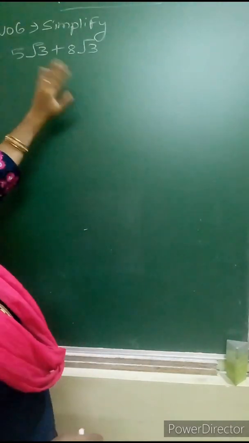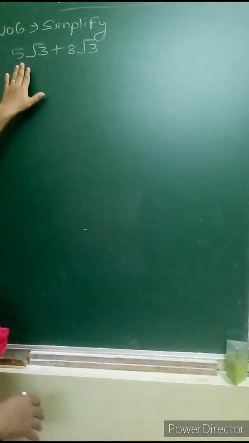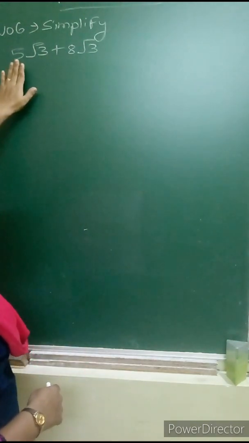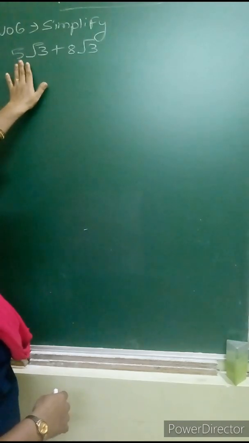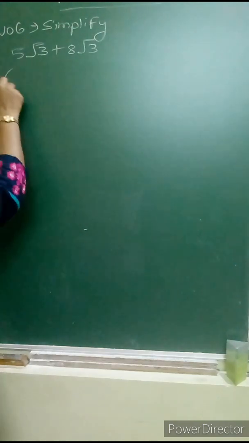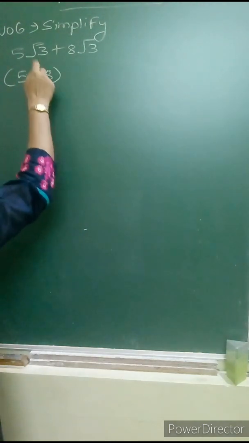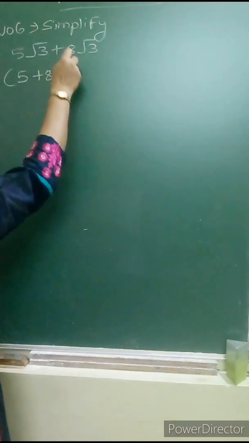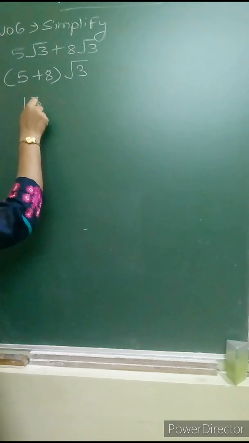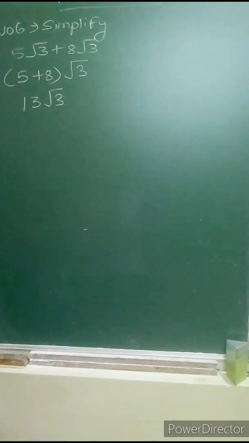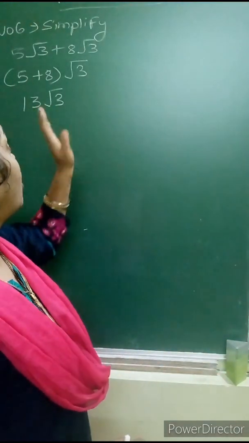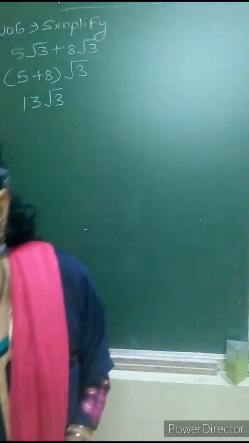So how to perform it? Let us come to our main point, which is how to add these two like surds. Here we just have to add the rational coefficients of both these mixed surds. How? See here, you just write in the bracket 5 plus 8, and since the radicand is the same, the radicand square root of 3 has to be written only once. Now 5 plus 8 gives you 13. So we have got the answer 13 root 3. In this way we have to solve this simplified question, which is very easy.